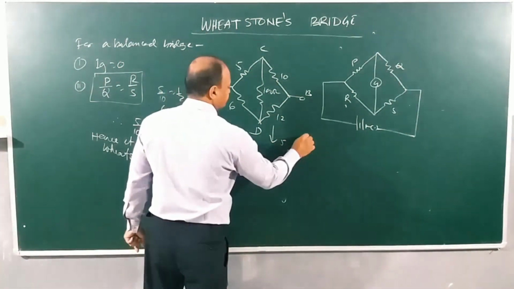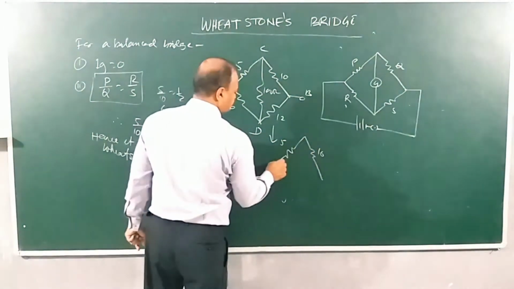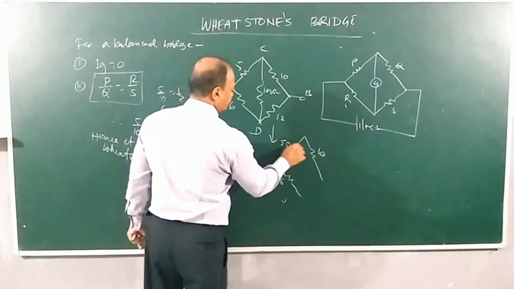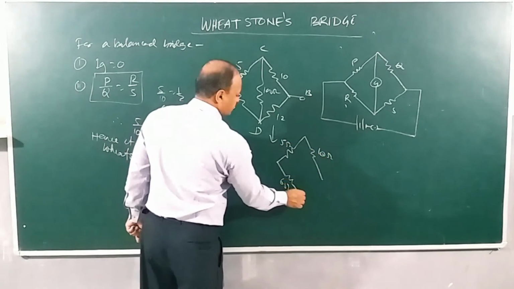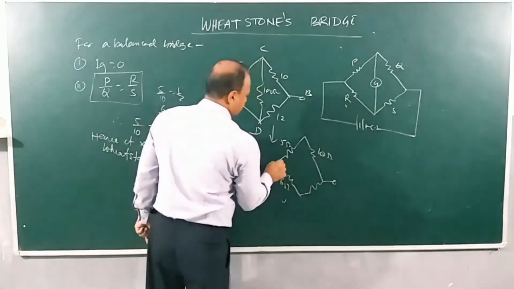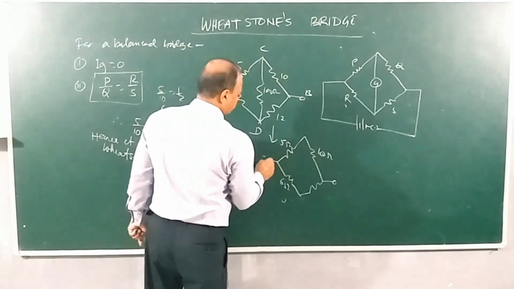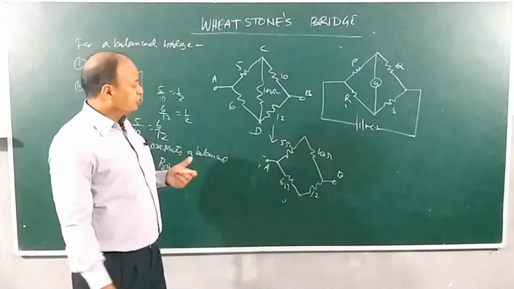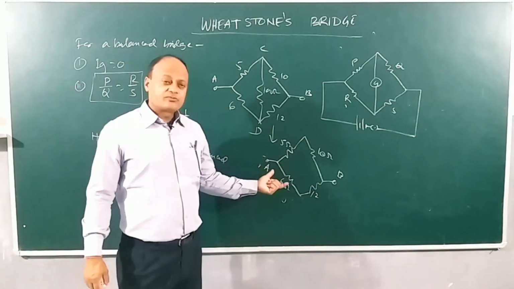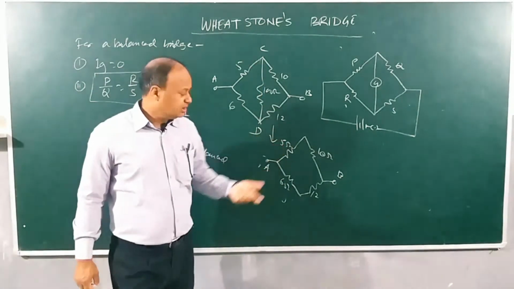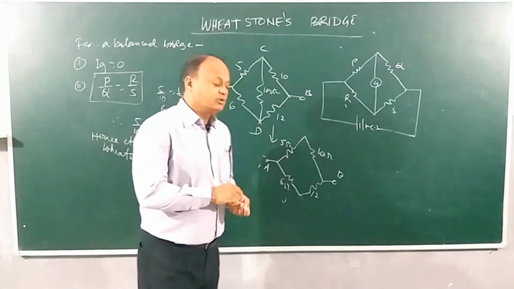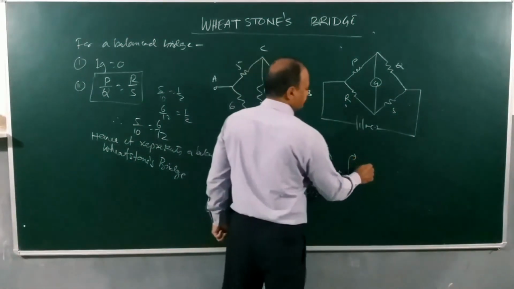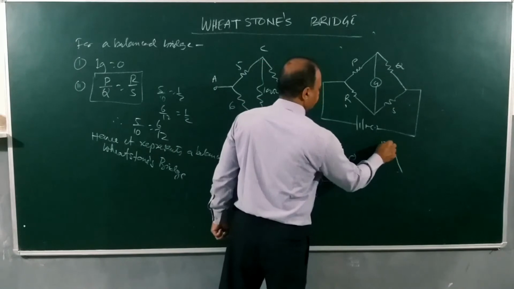This is 5, this is 10 and this is 6, all are ohms, and this is 12. This is A and this is B. Now children, when you look at this diagram, do you know that this is a highly simplified circuit diagram? This middle resistance of the problem is out. Now 5 and 10, how are they connected? They are connected in series. So effective this will be how much? 10 plus 5, this is 15 ohm.